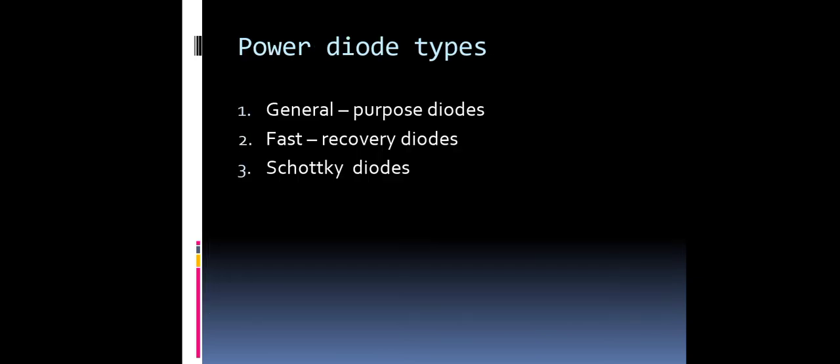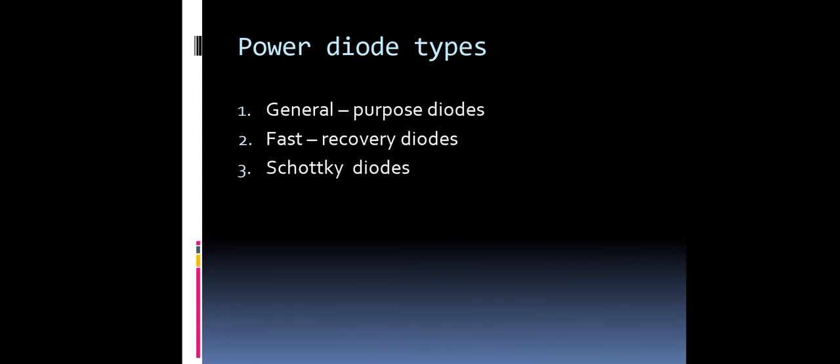Now, the next topic is the power diodes. Ideally, a diode should have three properties. First, the diode has no reverse recovery time. But manufacturing such diodes may increase the cost. In many applications of power diodes, the effect of reverse recovery time is not significant and the diode can be used. It depends on the reverse characteristics and the manufacturing techniques.